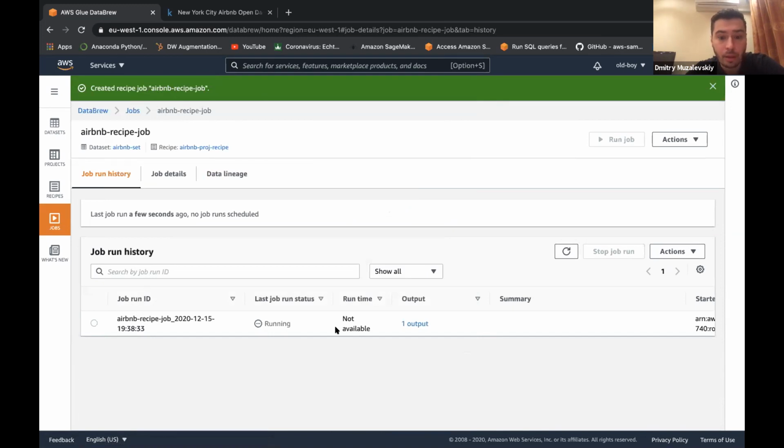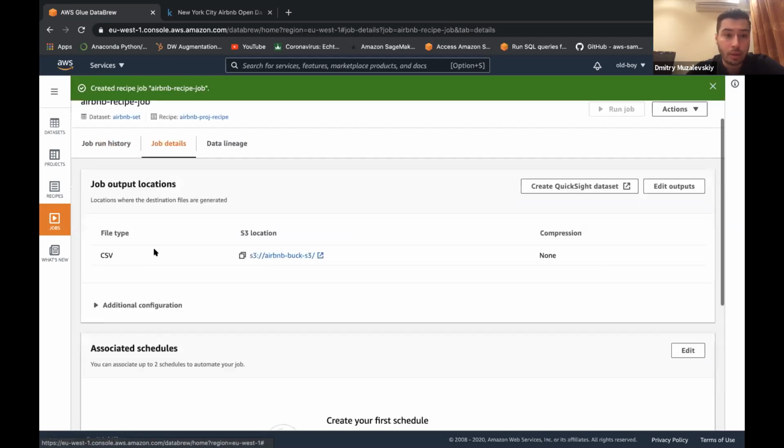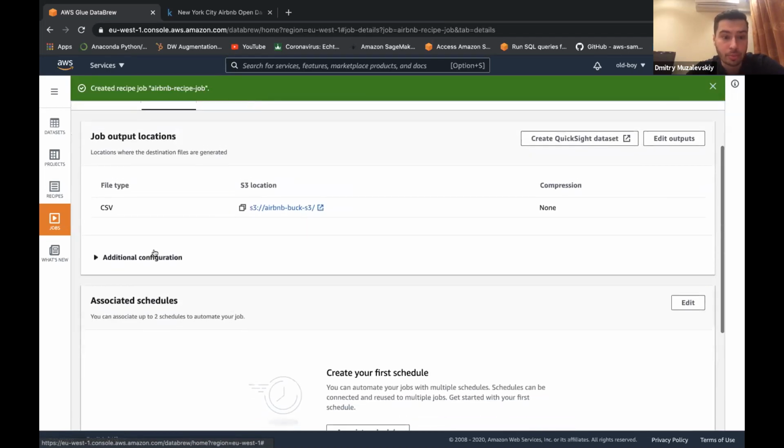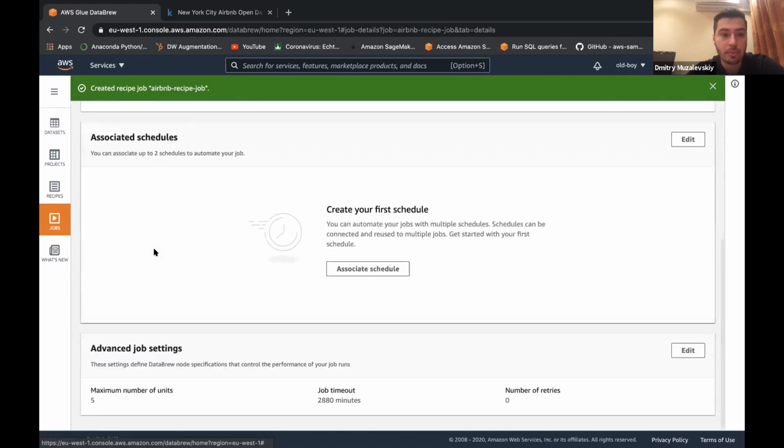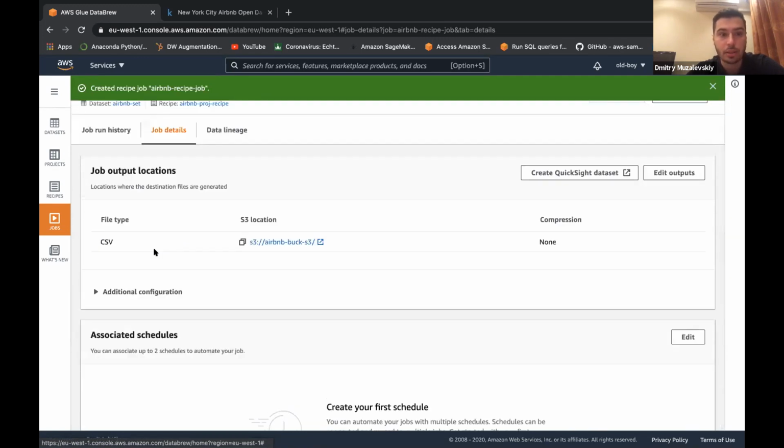So and the runtime, when it will be finished or when it caused an error, for example, and the output, so the file that will eventually be created after it finishes. Here, if we go deeper, we can also see the job details, for example, how it looks like. So where is it stored? What's the data type? What is the associated scheduling